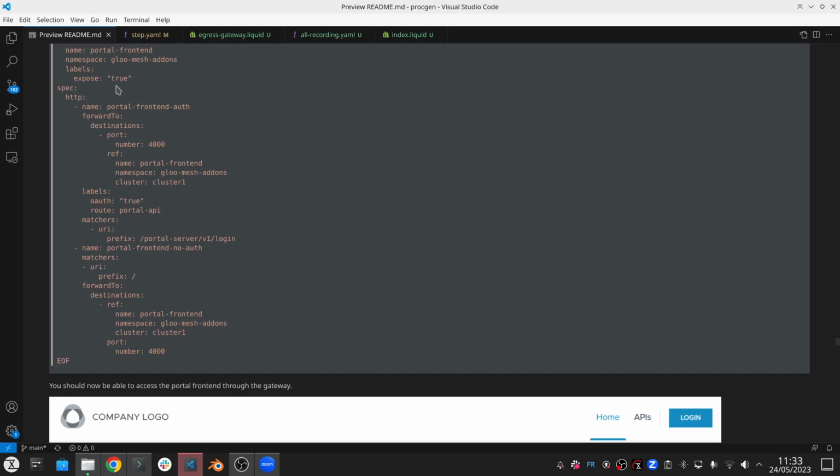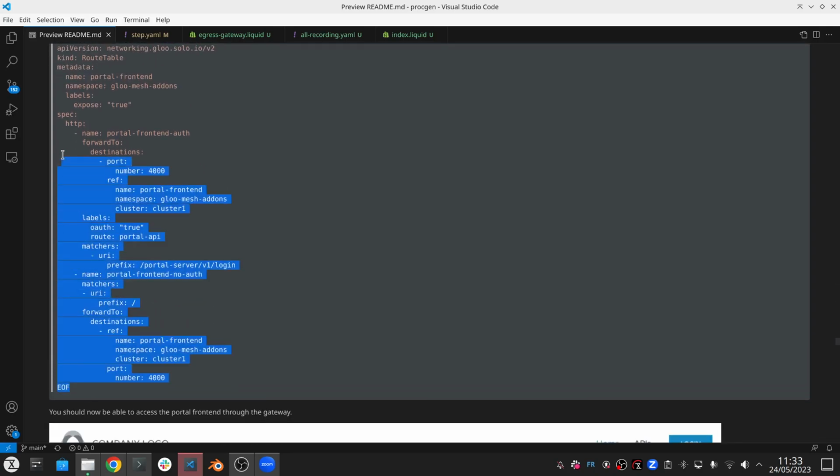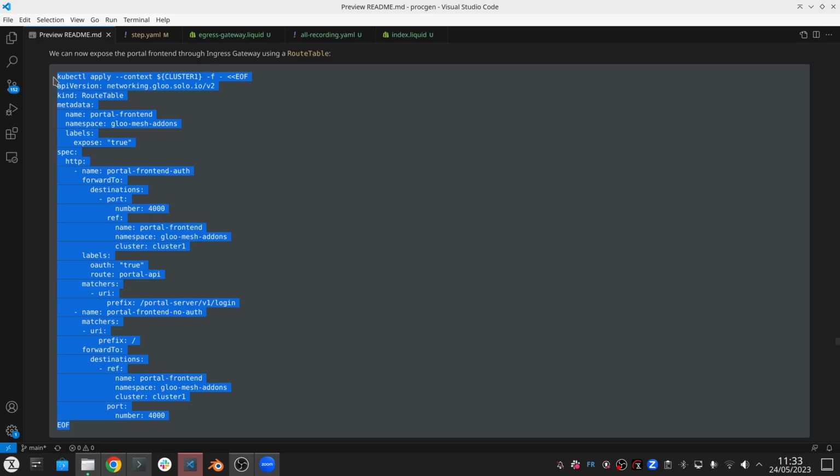So if the users click on the login button, then I want to send a request to the portal front end, but I want to have authentication with OIDC. Otherwise, I don't need to authenticate the request. So I apply this root table,